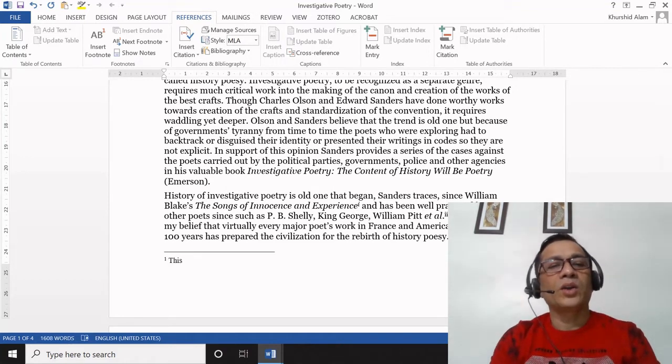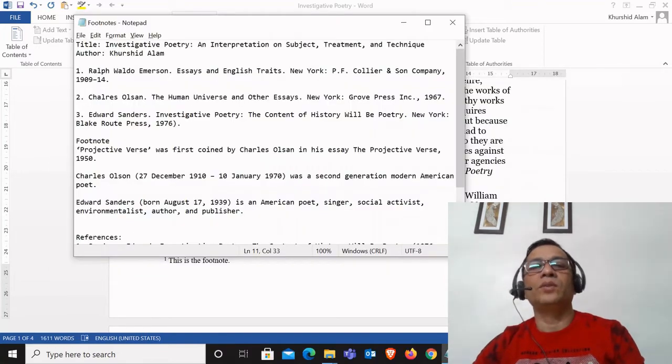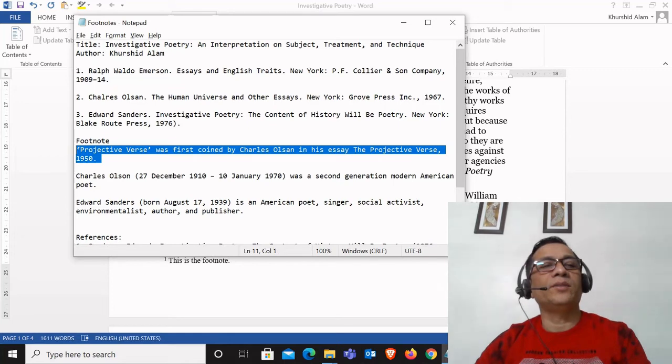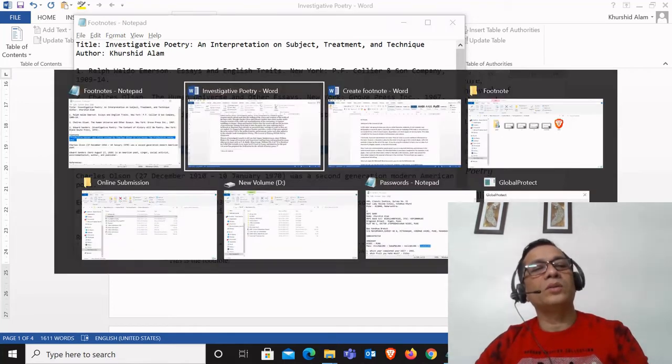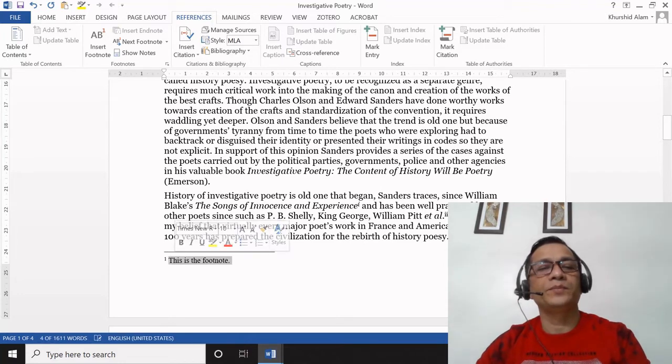Here you can write anything. This is the footnote. However, I have created a list of notes, so it would be better if I write that relevant information here.